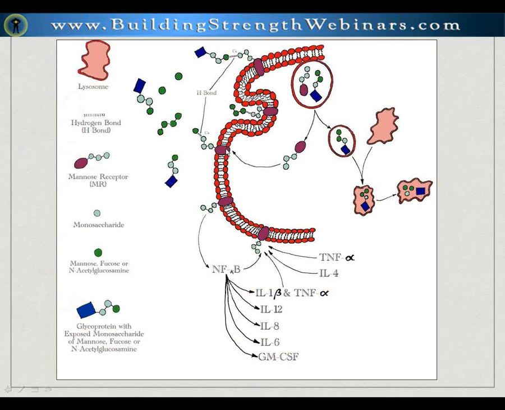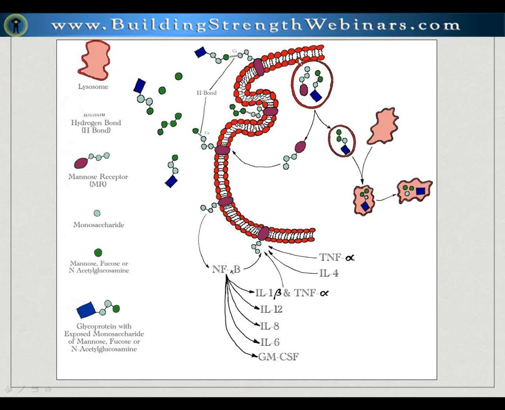So the mannose receptor, in this case, is in the cell membrane, and it uses calcium to help it bind to mannose, to little polymannans or glycoproteins with a terminal mannose, fucose, or N-acetyl glucosamine. So this is on the membrane of the macrophages, dendritic cells, a lot of endothelial cells, and when they bind, they form vesicles.